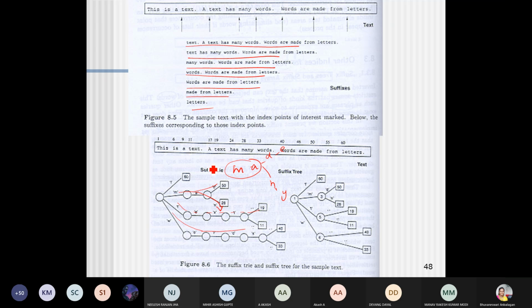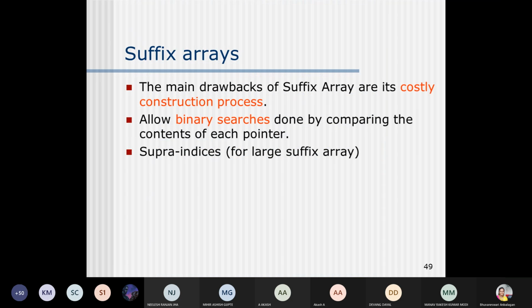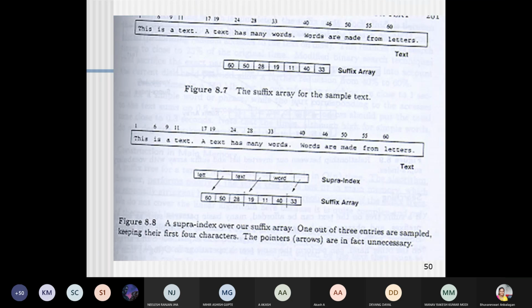What is the difference between the suffix trie and suffix tree is, here in the trie you will mention the characters that you are looking for in each state diagram. But in the case of a suffix tree, you will merge this entire node into one single node and give the value for that. So that is the difference between suffix trie and suffix tree. We'll see the extension of these concepts in the next class. Suffix array is also available, so we'll see about this in the next class.